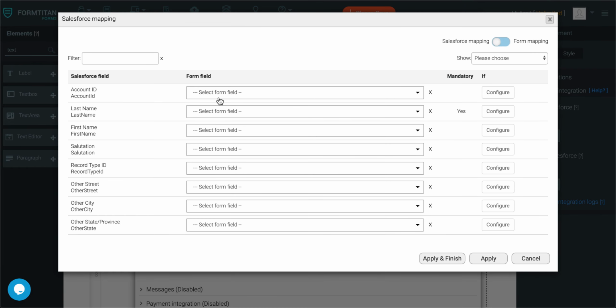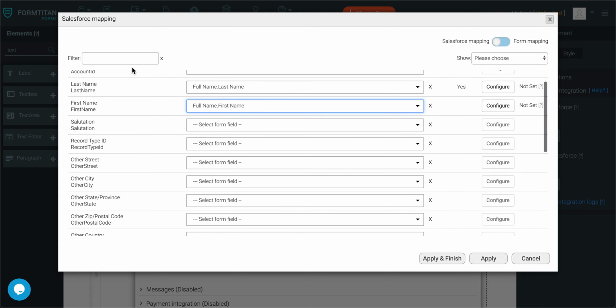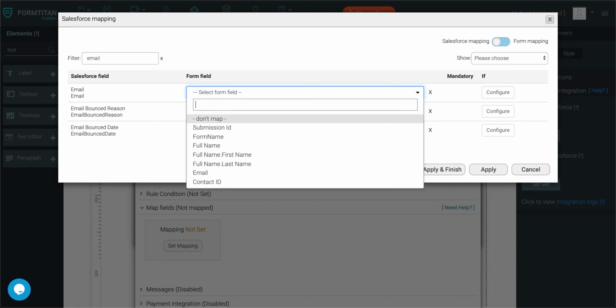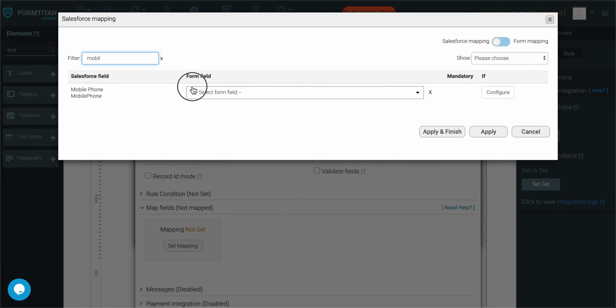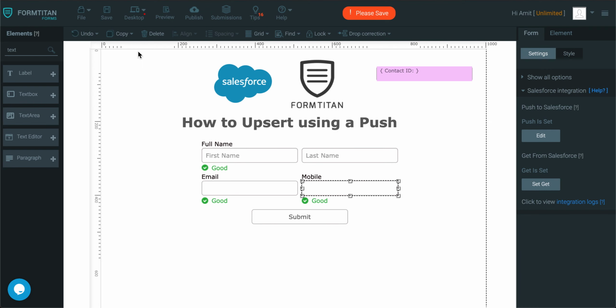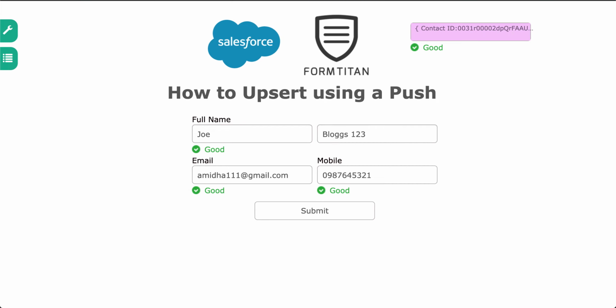So let's go ahead and map our fields. We'll say last name, first name, we'll do email, and then we'll do mobile. Like this. Okay, click apply and finish, click save. Now let's refresh. So again, I'll type this in, it's brought somebody back. That's okay. And now if we wanted to go ahead and get rid of that 1, 2, 3 and update,